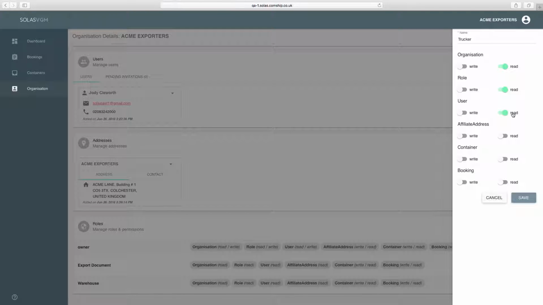We won't allow them to add any users to the system. Neither will we allow them to work on or amend any affiliate addresses. We won't allow them to perhaps create any bookings in the system, because that'll be updated via other internal users within your organization, but we will let them read and update containers within the system that will add to new bookings. So once I've saved that,